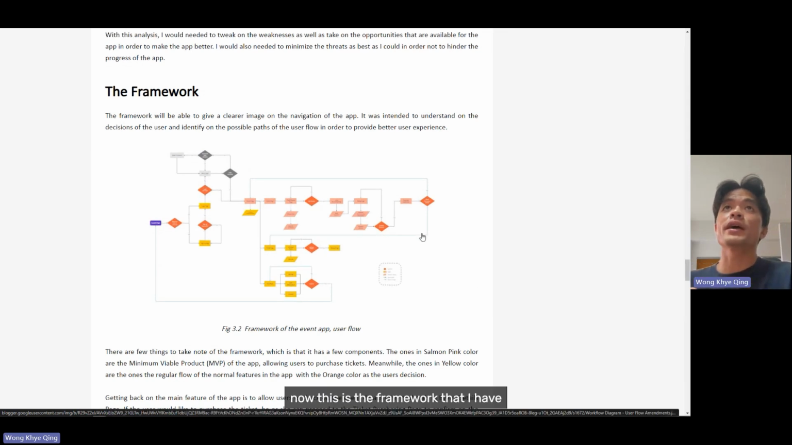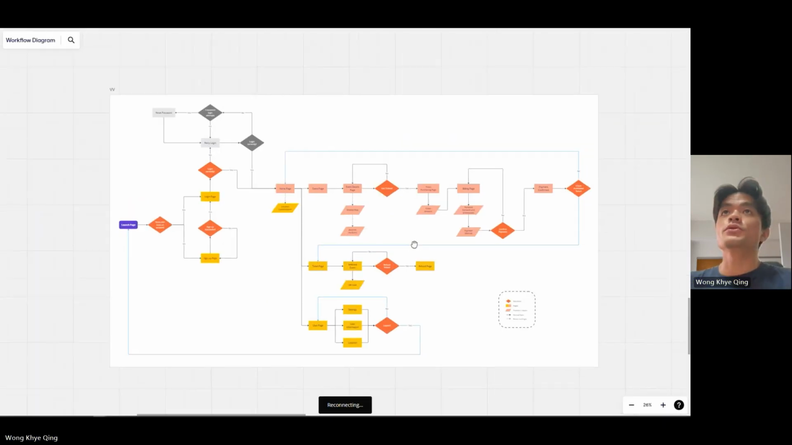Now this is the framework that I have. It acts as a guideline for me to know the direction of my application. Right, so this is the